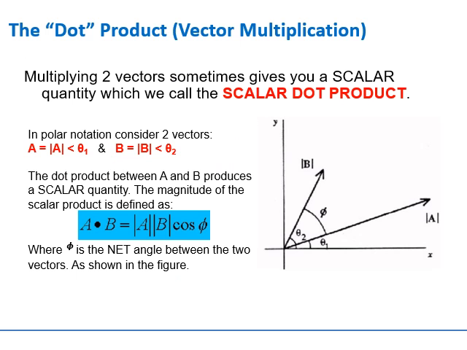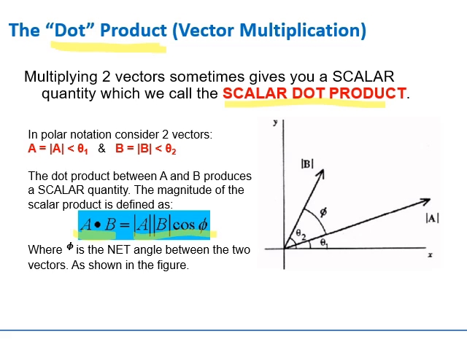Now we have multiplication, the vector multiplication. This is generally of two types for the vectors. One is the dot product of vectors and one is the cross product of vectors. The dot product of vectors is also known as the scalar dot product. So the dot product is you are multiplying two vectors by this dot, a dot b, and that is equal to